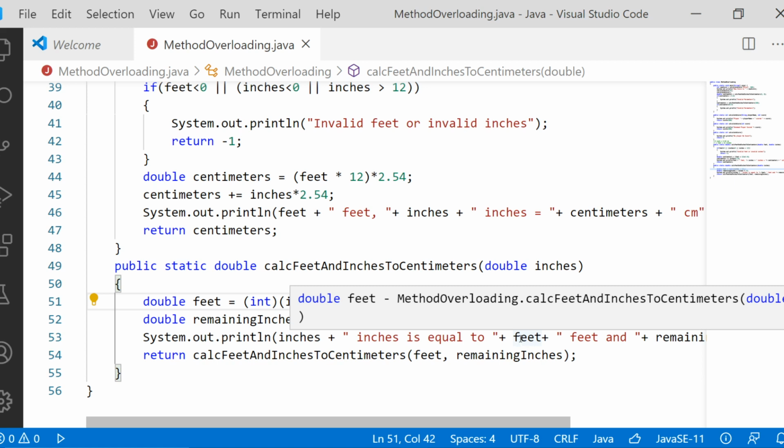Fine. I think in this video we have completely discussed what method overloading is. Let me repeat again. Defining multiple methods with the same name but a different number of arguments is what is called method overloading. Okay, thank you. Thank you, students.